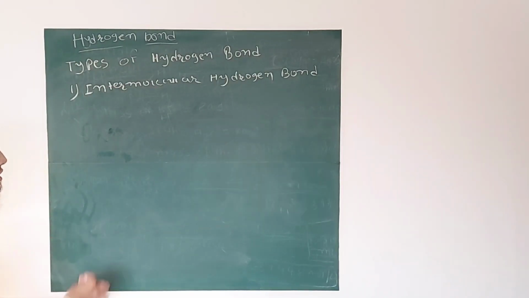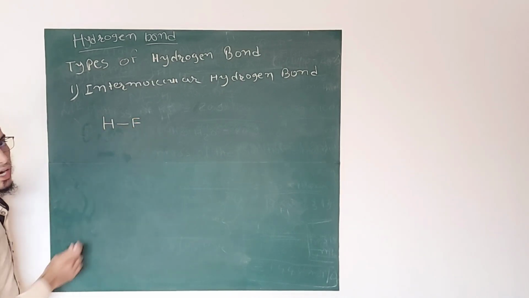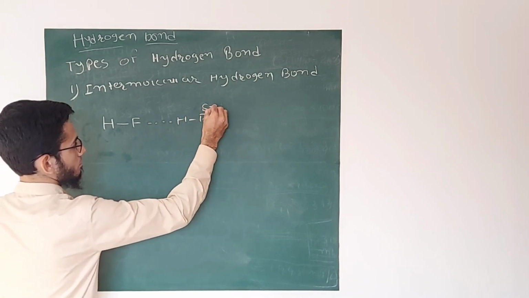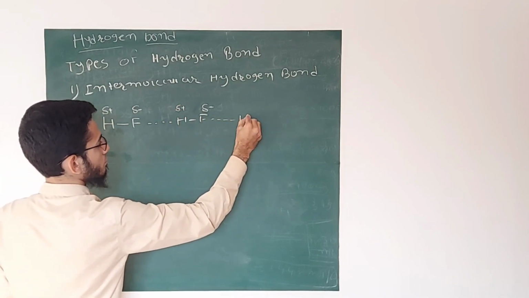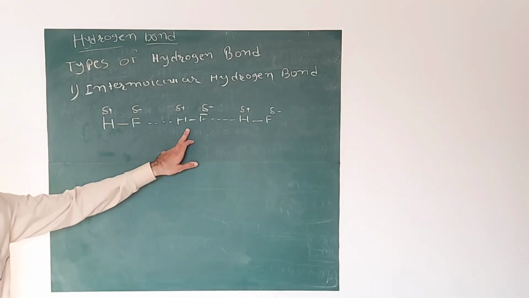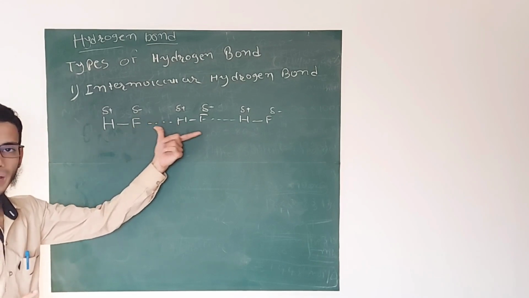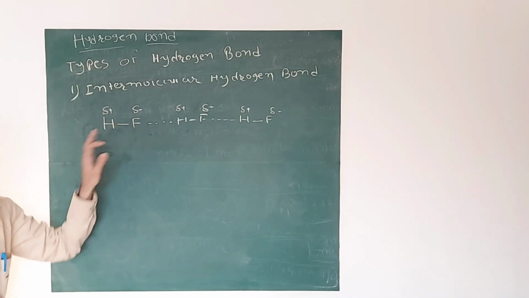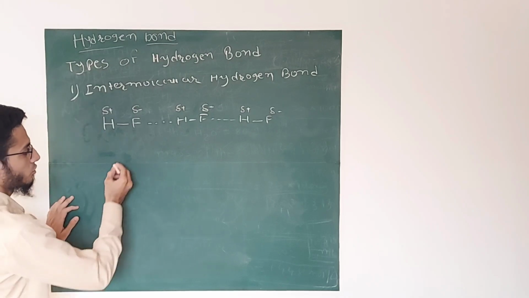So let's take an example. First is in the same substance. It is the same like hydrogen fluoride, a very simple example. You can see that the hydrogen atom of one molecule combined with the electronegative atom of another molecule in the same substance. It is intermolecular hydrogen bond, but in the same substance. But for a different substance, like alcohol,